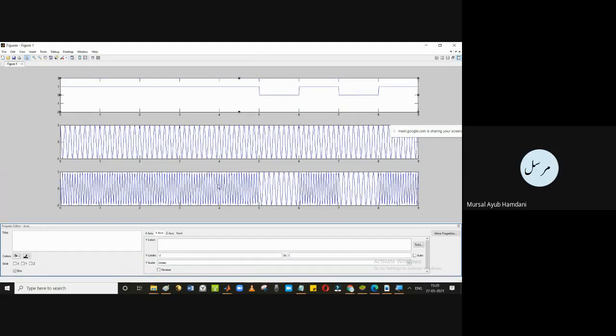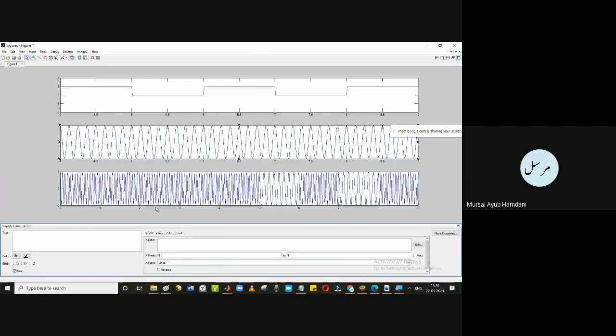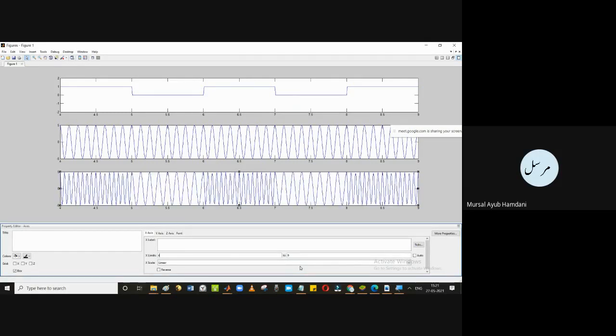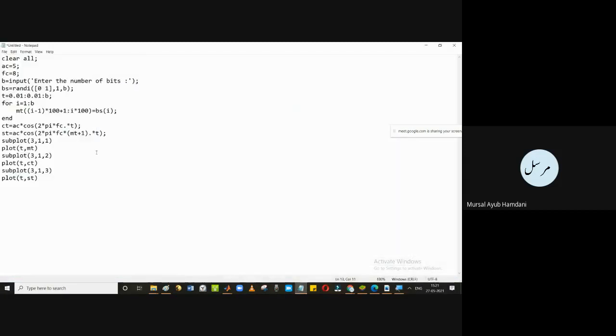Then you can accordingly see this thing also. You can check from 4 to 9. 4 to 9 only. Here also 4 to 9 only. Here also 4 to 9 only. You can clearly see that we have two frequencies. Here it is equal, because it is 0. And you can see here as it is in this part of the code.